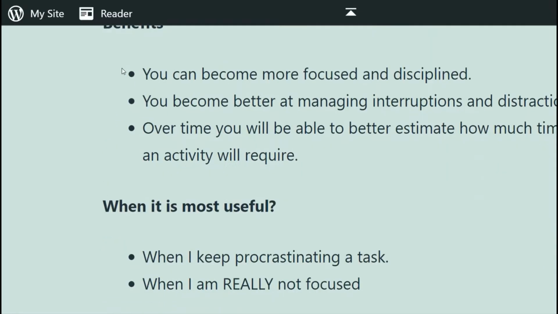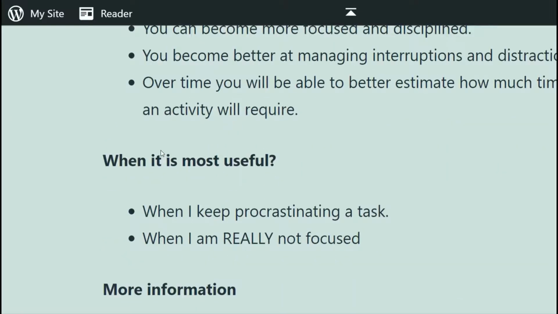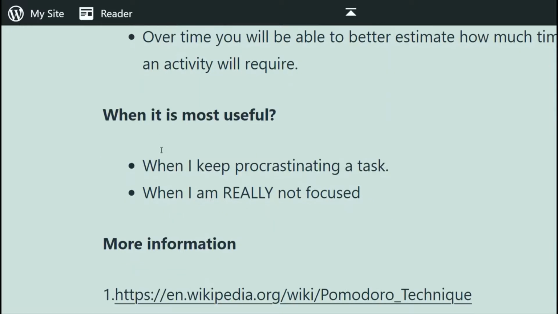Okay, so when is it most useful? When it helped me is, a lot of the times, and probably most people, keep procrastinating a task.